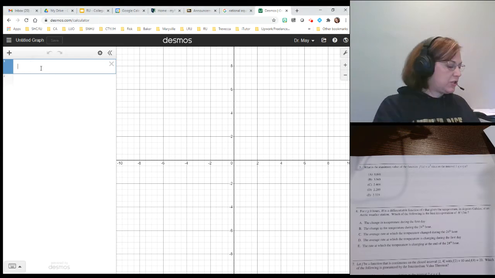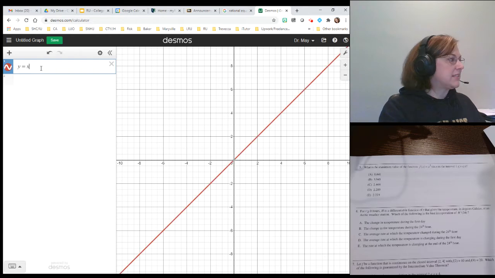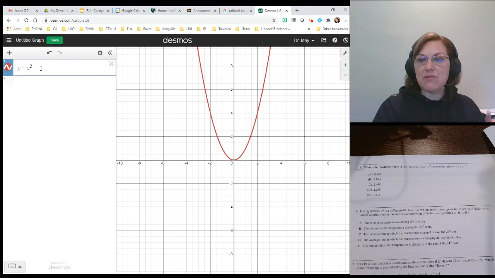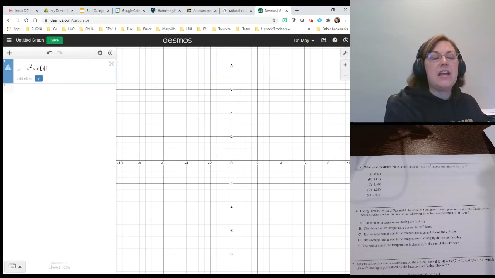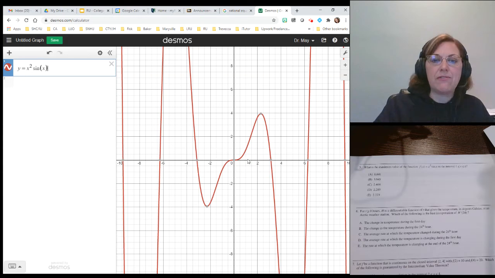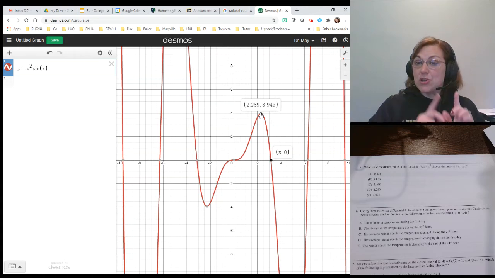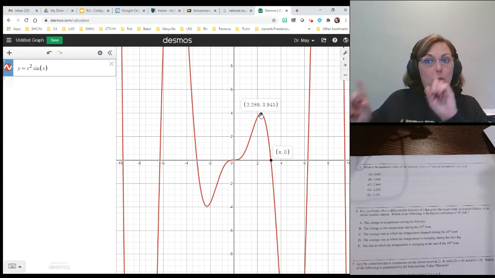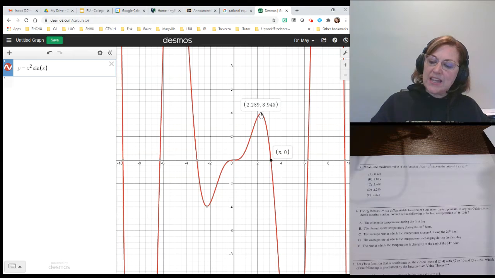So let me put that function in. Y equals x squared. If you haven't used Desmos before, it's shift 6 to get in the exponent, and then the right arrow to get out of the exponent. And then when you do your sine function, you must put x in parentheses. Desmos will do all the calculator graphing for you. Remember, friends, we're going from 1 to pi, and we're looking for that maximum value. Now, when it asks you for the maximum value, it's asking you for the y value. And so in this case, that would be the